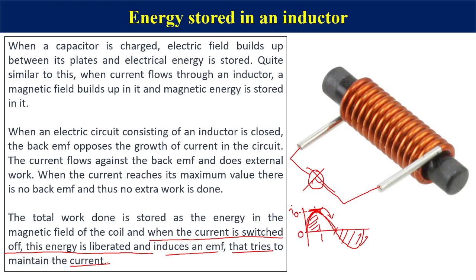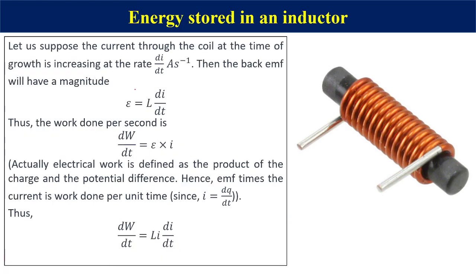All right, so let us suppose the current through the coil at the time of growth is increasing at the rate di dt, ampere per second of course. Then the back EMF will have a magnitude